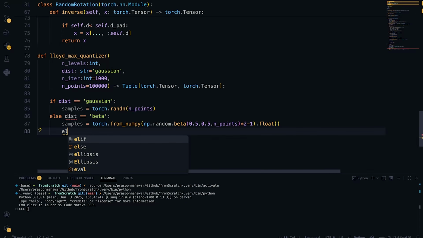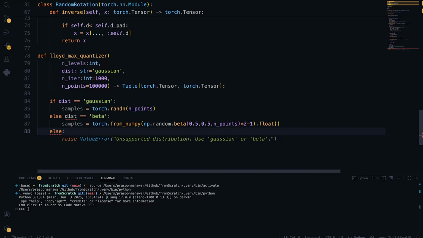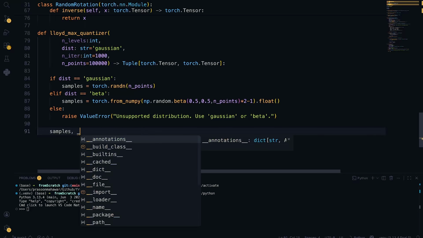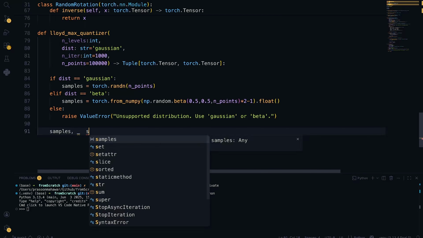Else, if some other string value is there, we are handling it through raising value error like unsupported distribution value. Use Gaussian or, that will be elif. Okay, yeah, that's why the editor was complaining, sorry. Yeah, unsupported distribution, use Gaussian or beta. And finally, we have samples equals comma underscore samples dot sort. We will sort these samples,